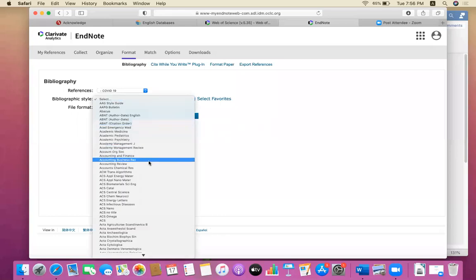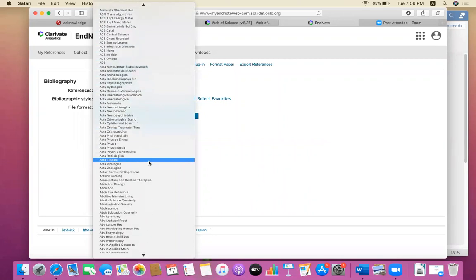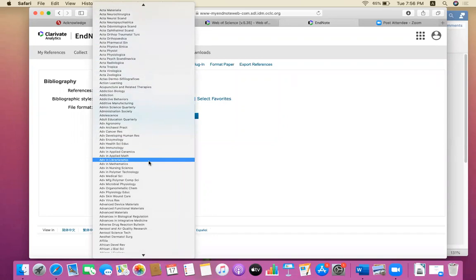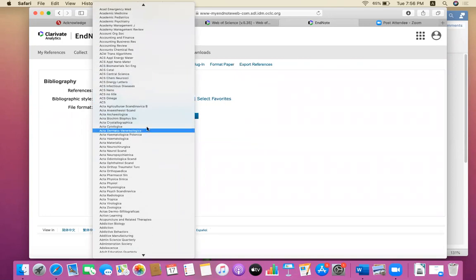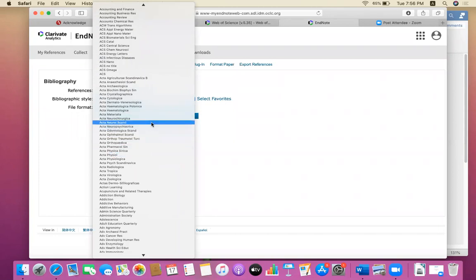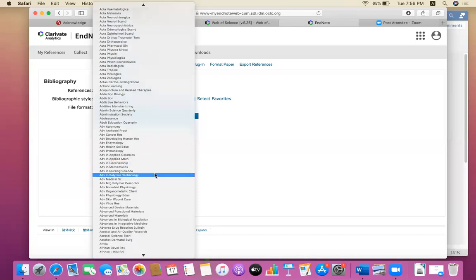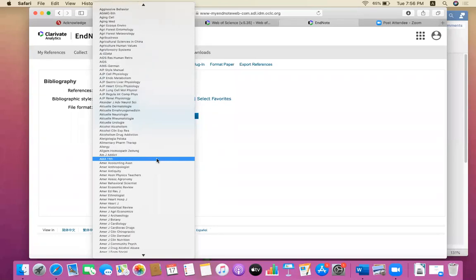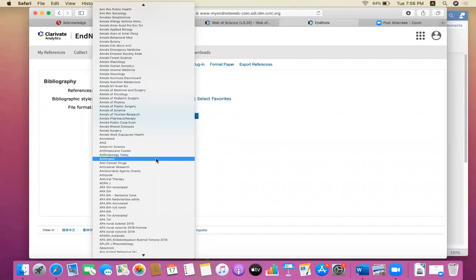If you see, many reference styles are available according to the need of the journal. If your journal name is available here, you directly click on that. These are all the journal names. If you see, this is Acta Neuro, Acta Tropica, then there is Advances in Mathematics, Nursing Science, African Journal of Ecology, American journals. All American journals are as per your specialty, as per your need. You can select.